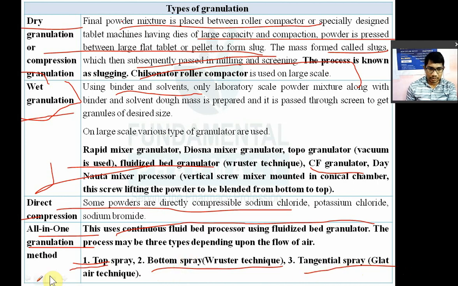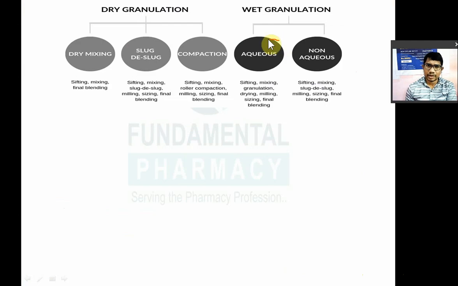I will explain this. Either you can use an aqueous solvent or you can use a non-aqueous solvent. In non-aqueous, mostly ethanol is used. Sifting, mixing, granulation, drying, milling and sizing, final blending. Sifting, mixing, slug, deslug, milling, sizing and